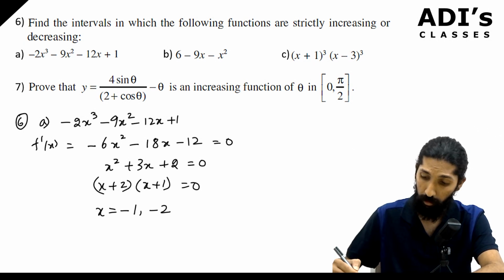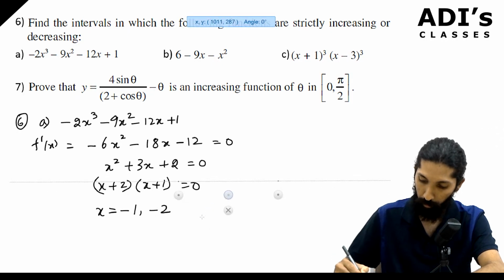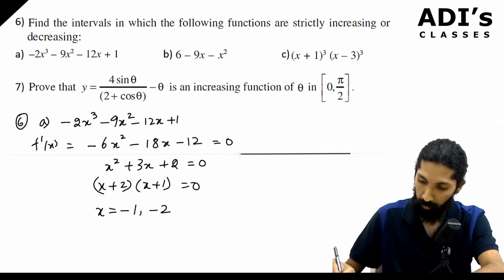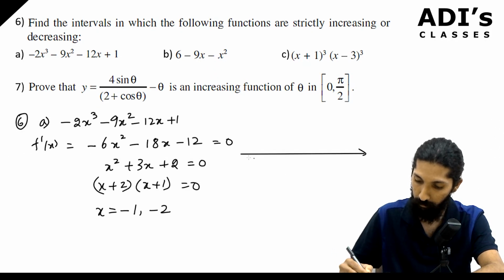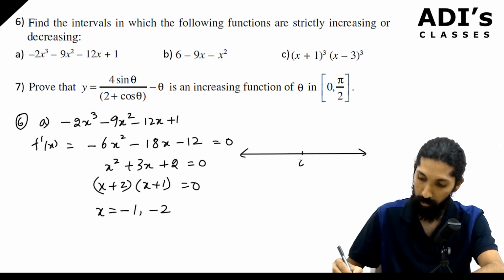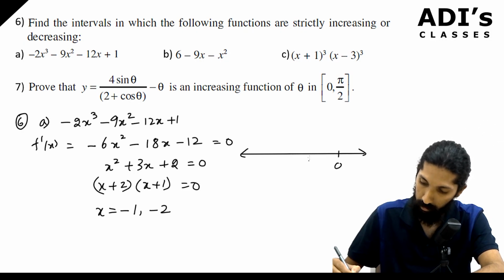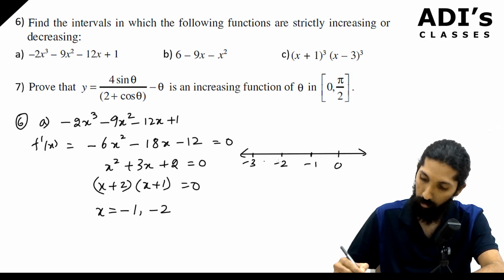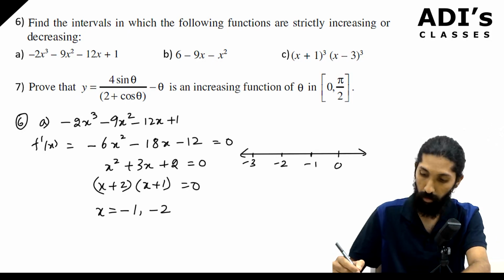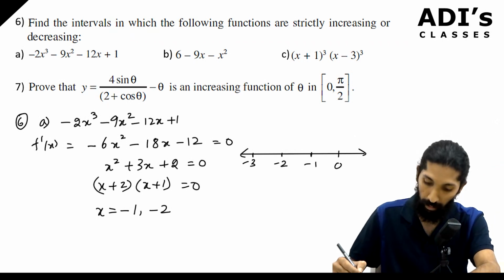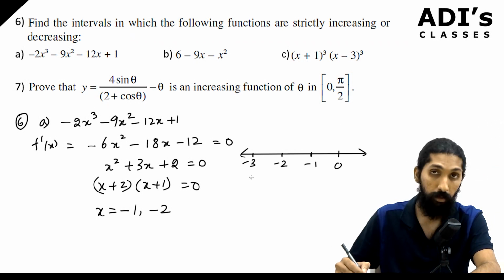So what do we have? We are going to have 2 points here. Very important, 2 parts we are going to take. So imagine this is your number line. Okay, this is 0, or maybe I'll take the 0 value a little bit here because we have minus 1, minus 2, right? So maybe this is 0, minus 1, minus 2, minus 3, so on and so forth. First, we'll do from minus 1 and greater than minus 1. Any value greater than minus 1, if you are going to substitute,